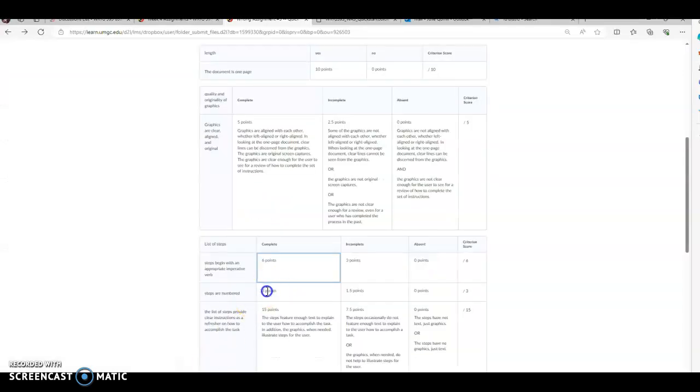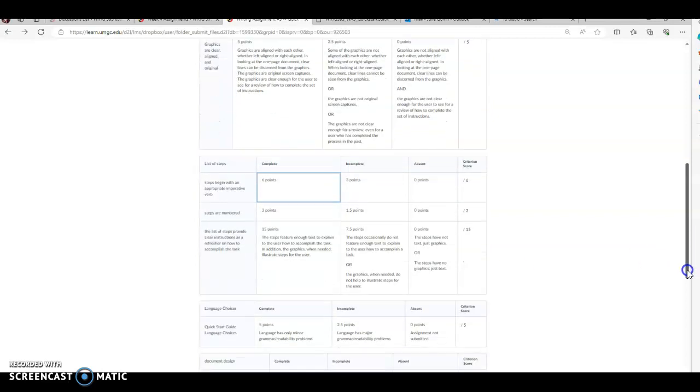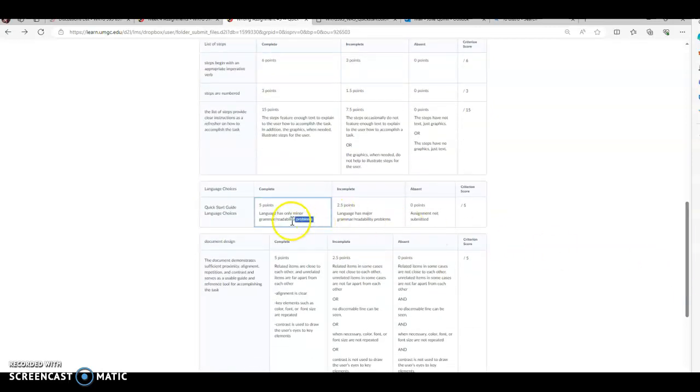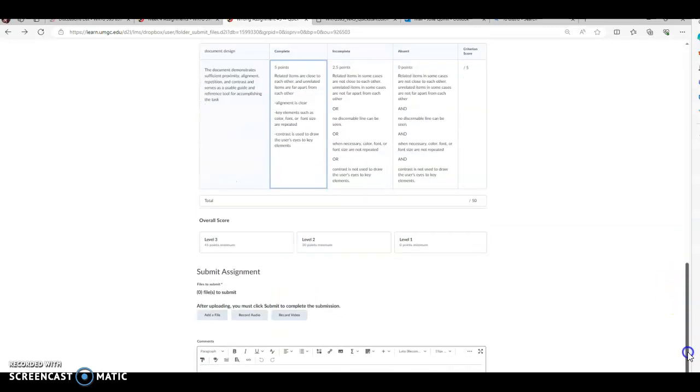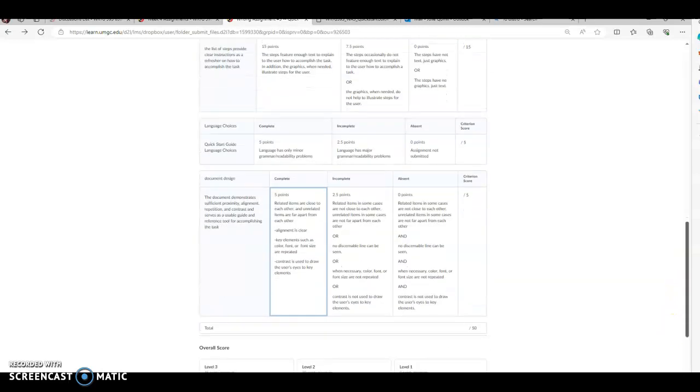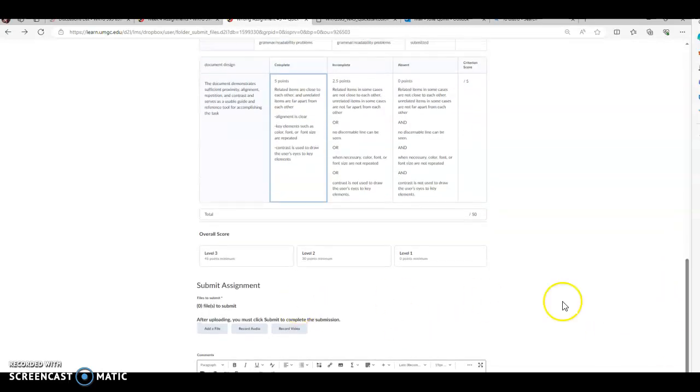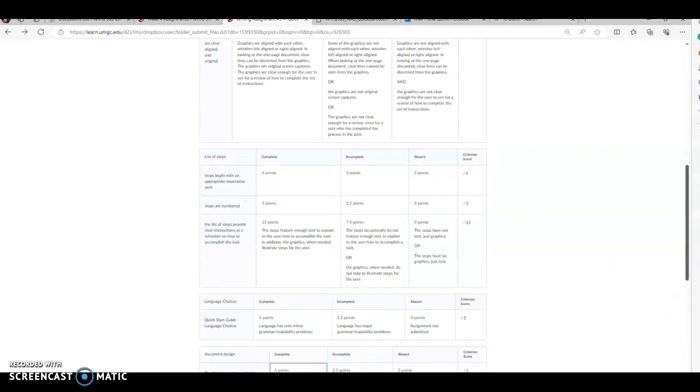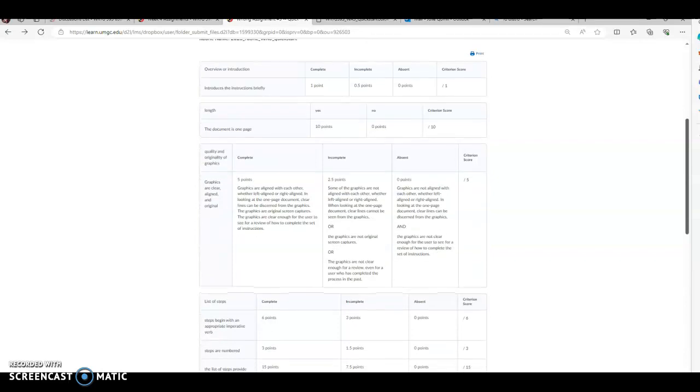Okay. The steps are numbered. The list provides clear instructions, just the super basics. That if you're writing full sentences, you use periods. If you're just using like one word, a fragment, you wouldn't need to. And then document design. So those are the elements of how this is going to be graded. The assignment is worth, I think, 45 points, or hang on, 50 points. 50 points. So I will be filling these rubrics out, and as I give you feedback on the final version,